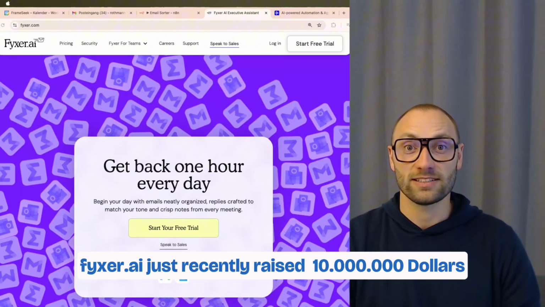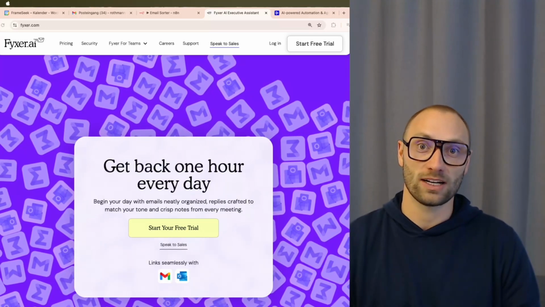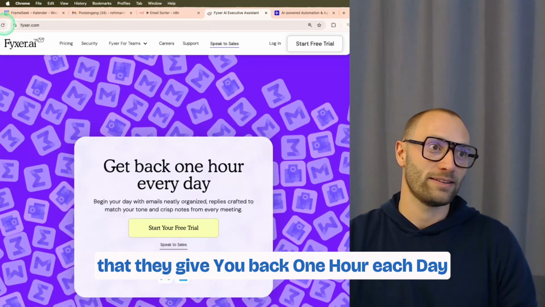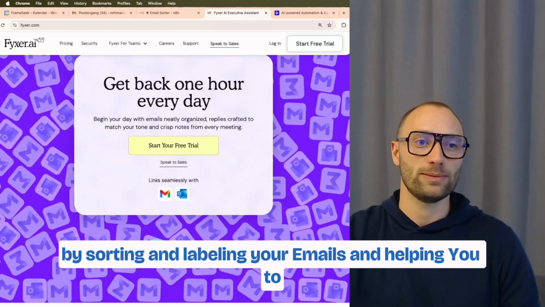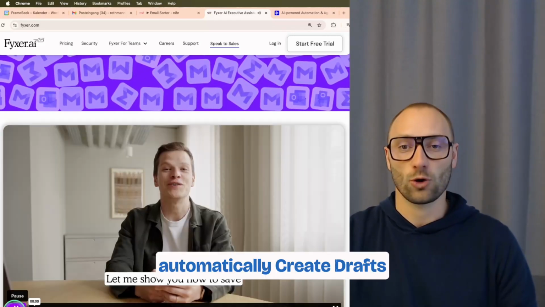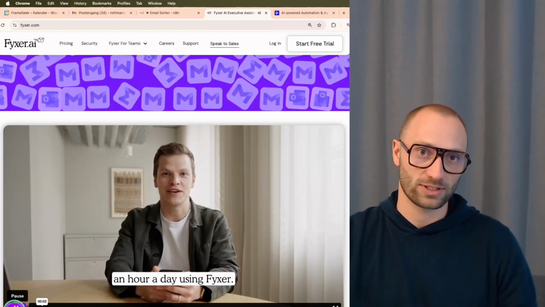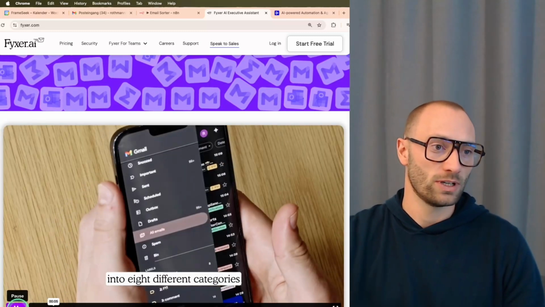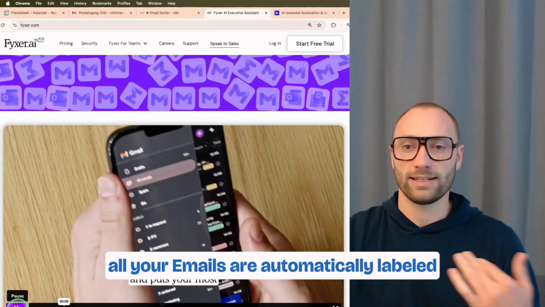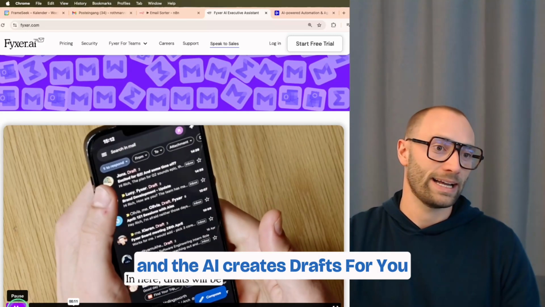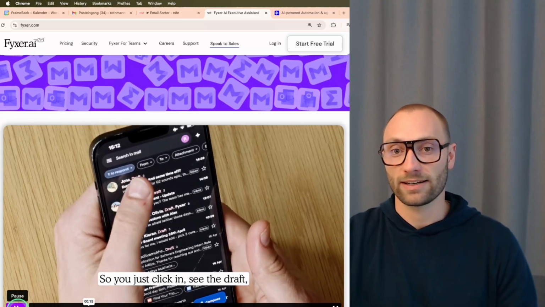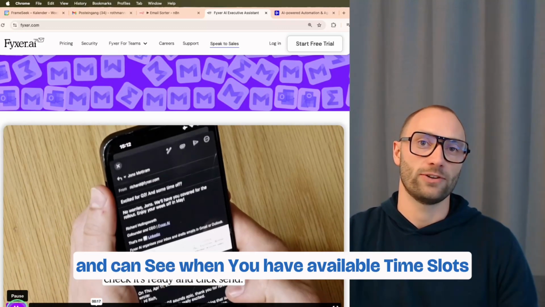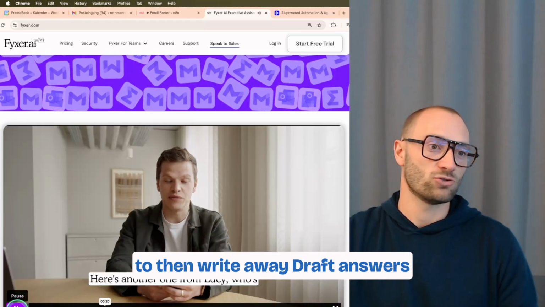Fyxer.ai just recently raised $10 million, and they basically say that they give you back 1 hour each day by sorting and labeling your emails and helping you to automatically create drafts. So as you can see in their video, all your emails are automatically labeled and the AI creates drafts for you. They also look at your calendar and can see when you have available time slots to then right away